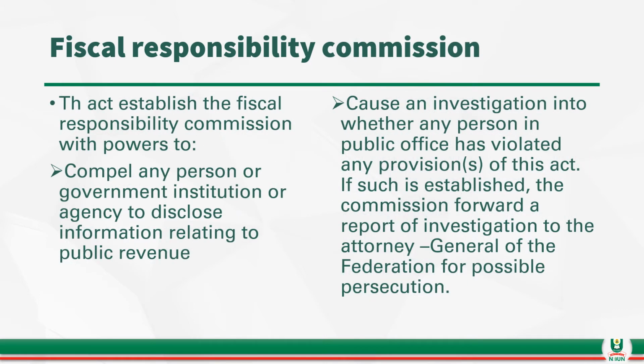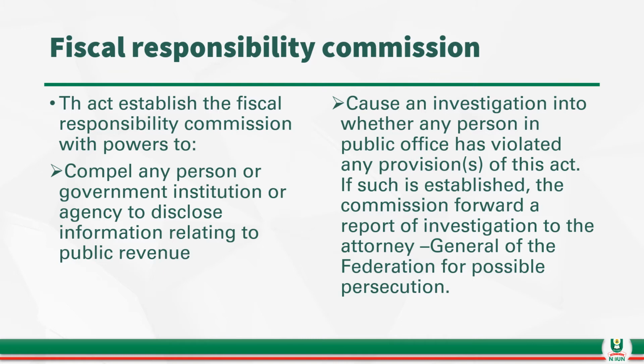Now, one of the aims of the Fiscal Responsibility Act was to establish the Fiscal Responsibility Commission. So the Act established the Fiscal Responsibility Commission, and some powers were conferred on this commission. These powers include: 1, to compel any person or government institution or agency to disclose information regarding public revenue in their domain. And secondly, cause an investigation into whether any person in public office has violated any provision or provisions